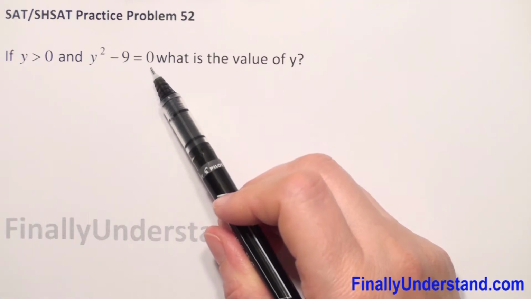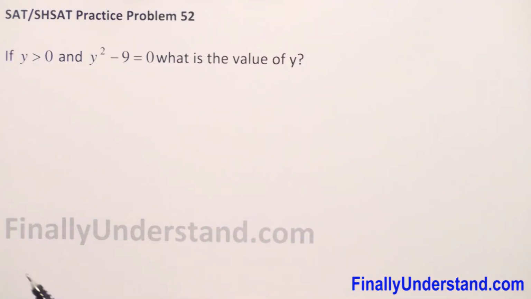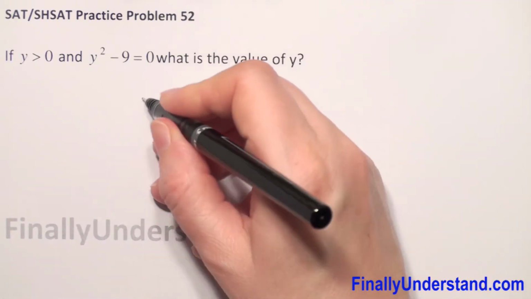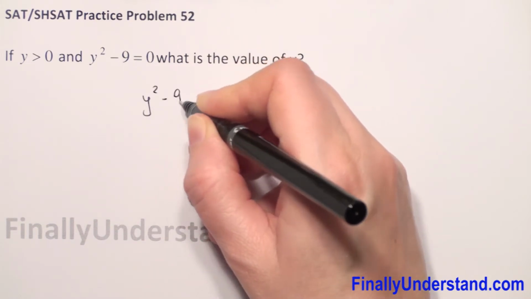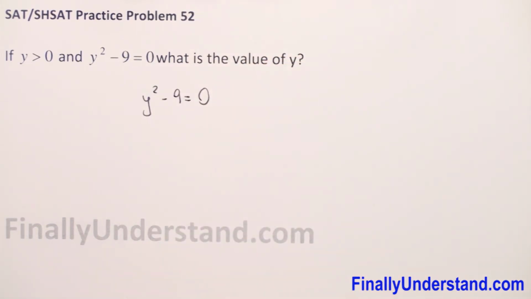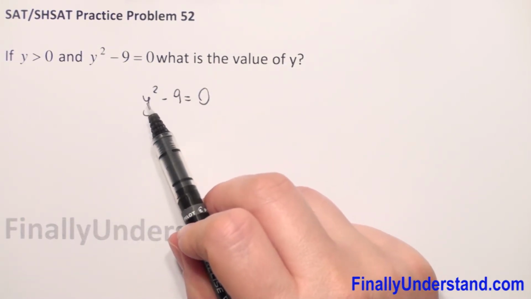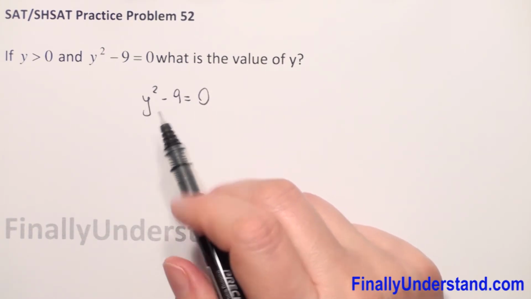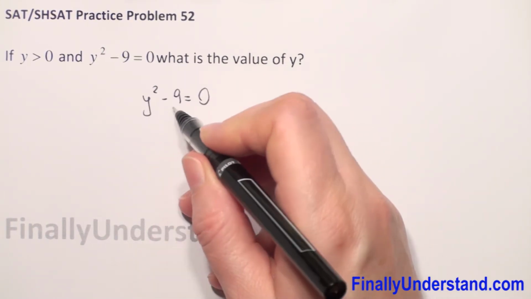If y is greater than 0 and y squared minus 9 is equal to 0, what is the value of y? We have a quadratic equation, y squared minus 9 is equal to 0. We have to solve this quadratic equation. How do we do this? Because we have only y squared on the left side, I will move negative 9